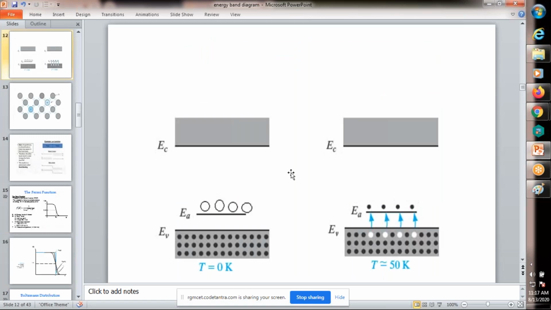Similarly, for the p-type semiconductor with acceptors, whenever we add acceptors, more holes are created along with energy states. This is very near the valence band. At a very small temperature like 50 Kelvin, a few electrons jump into the holes. Then holes are created in the valence band. Then there is a chance of hole movement taking place in the valence band, and then there is a current, hole current.